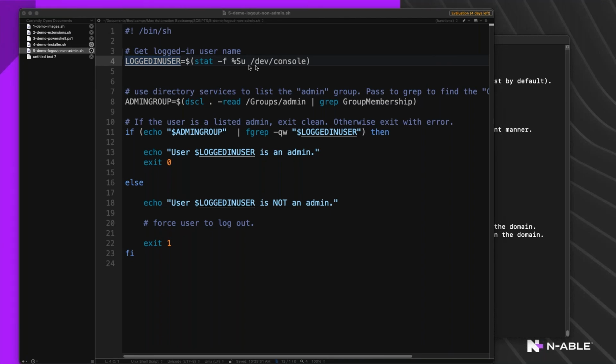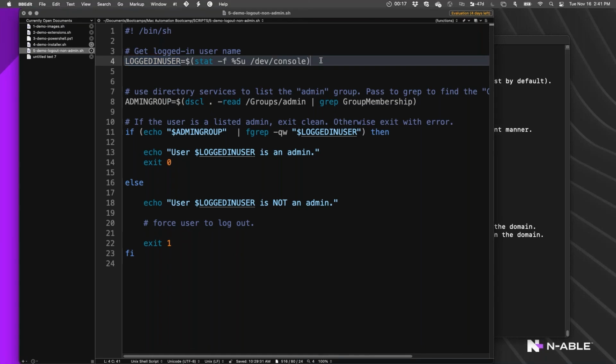So as an example of something that you can do with sort of ifs and thens, or ifs and elses, if you get an error or get a true false statement, you can say, well, this person's an admin, I'm going to leave them alone, or this person's not allowed to be in the office after hours, I can boot them out, and then recording the error, the exit code when you're done.